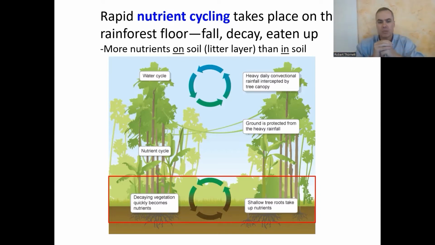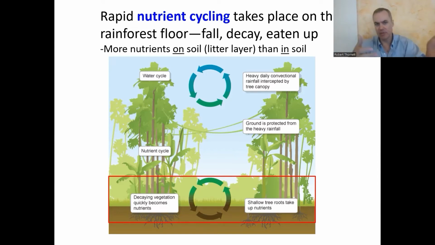If you dig down deeper into the rainforest soil, you'll actually find it's poor soil. It's not good soil for farming because most of the action is on top of the soil, not down below where typical crops have deeper roots. That's a problem when people cut down the rainforest and try to put a farm there, which happens a lot, like in the Amazon.